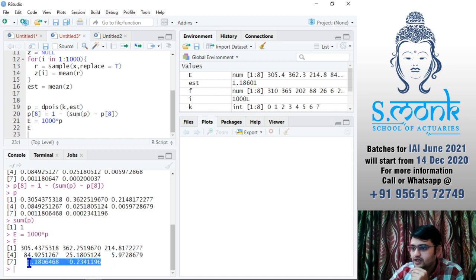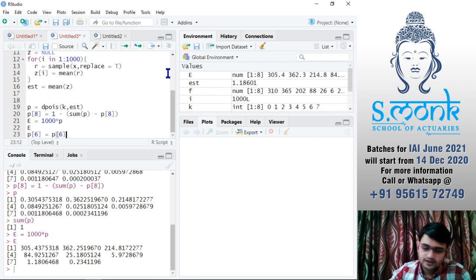Now again, we are not going to use E, we are going to use P. So we'll have to combine them in P, not in E. So first I would say that my P sixth value must be equal to P sixth value plus P seventh value plus P eighth value, and then I would need to remove my 7th and 8th values.